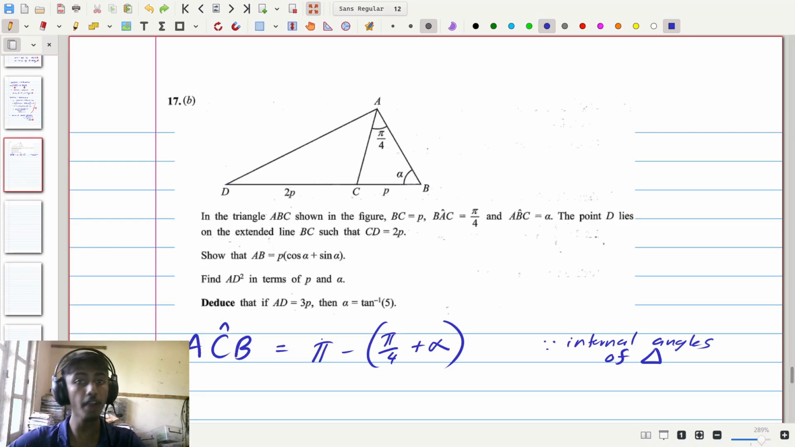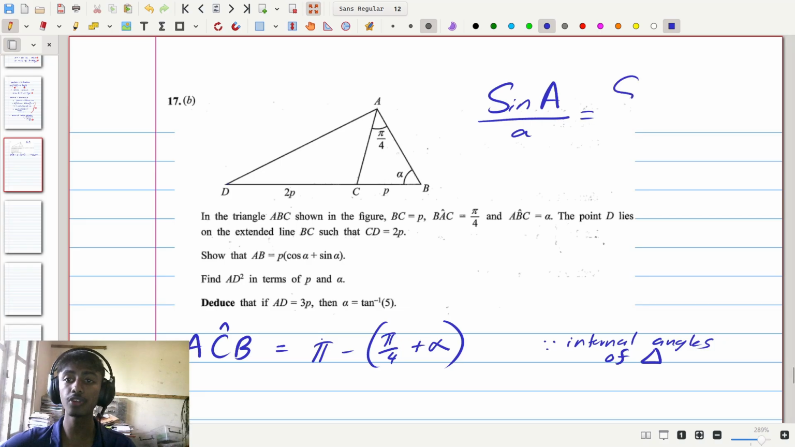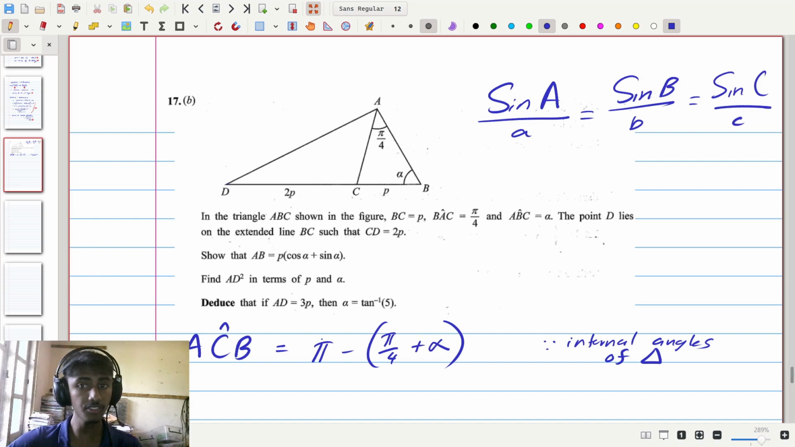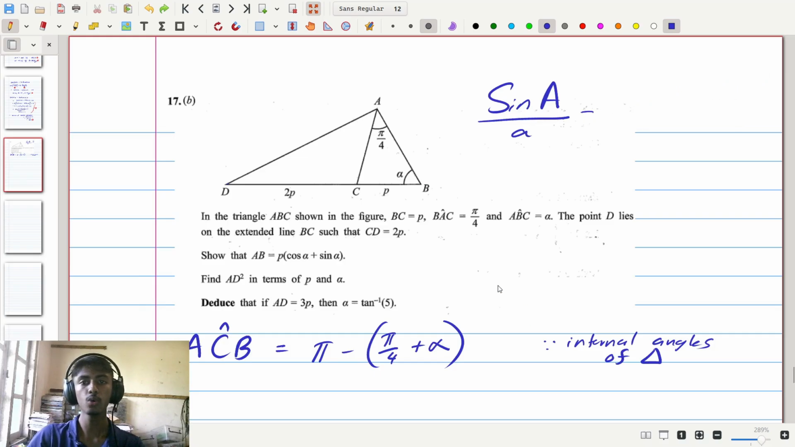As we know, the sine rule says the sine of an angle A divided by the opposite length, which is simple a, is equal to the sine of the angle B divided by the opposite length b, which is also equal to the sine of the angle C divided by the opposite length c. In this case, we only need two of these. We are going to use A as the angle pi minus (pi by 4 plus alpha), and a as the length AB, and we are also going to use sine B and b, where capital B is the angle pi by 4 and b is the opposite length, which is p. So considering that, if we substitute into this equation,